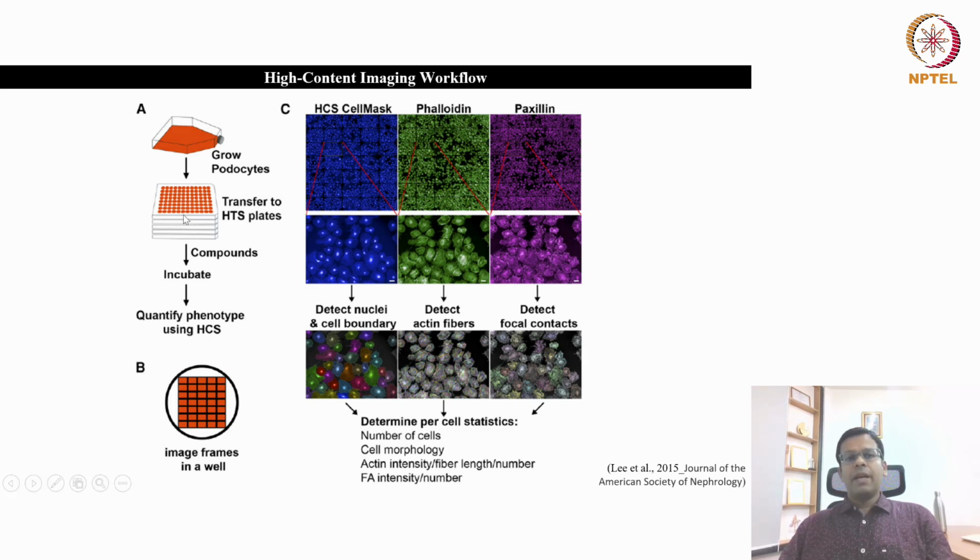So you have to define in the software that these are my three triplicates for this sample. And then after adding the compound to so many wells, you just incubate your plates for whatever treatment time you want to give, maybe 1 hour, 2 hours, or maybe 24 hours.